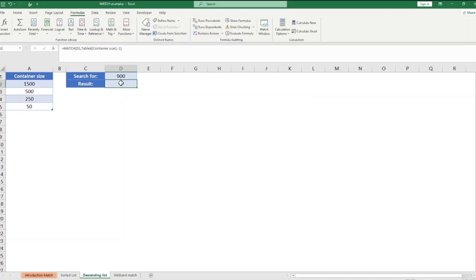So as you can see, the MATCH function is an extremely versatile tool that can be used to perform a wide range of data analysis tasks in Excel. So the next time you are working with a large data set, be sure to keep the